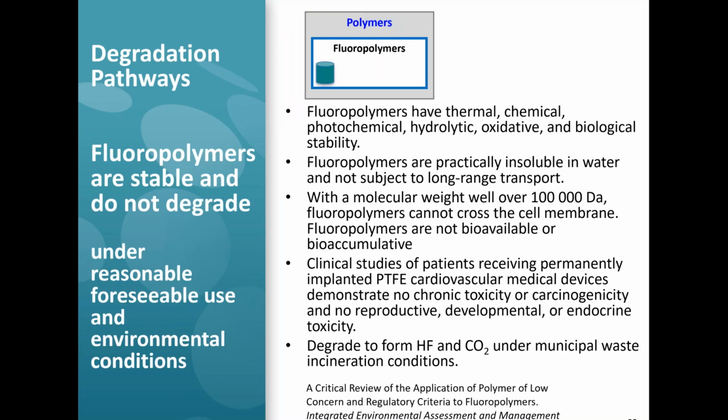So let's talk about the couple of polymer categories that we've said throughout this presentation today merit being set to the side because of the polymers themselves, not the impurities, not the processing aids. We know those need to be paid attention to, but the actual polymers themselves. And I'm not going to go into great detail on the fluoropolymers. This is a repeat of the slide earlier. There's lots of data to show that fluoropolymers are stable within the range of their foreseeable use conditions and environmental conditions.